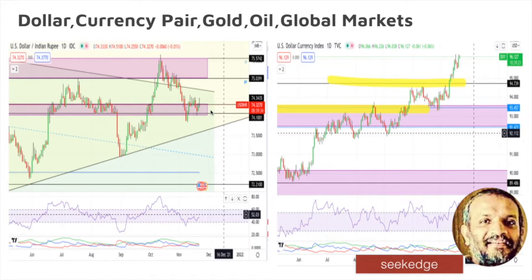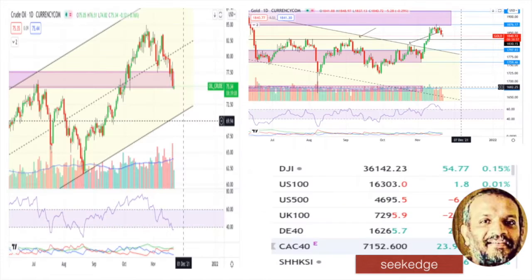Well below the 75 level. 75, 74.3 is what you see. It's a small-body support consolidation that happened today on the sideways. Crude oil has cooled off and just come below the 75 levels, and it is taking the support of this zone. It has cooled off quite a lot, and the momentum of that up move that went to 85 levels has cooled off, which is good for us.